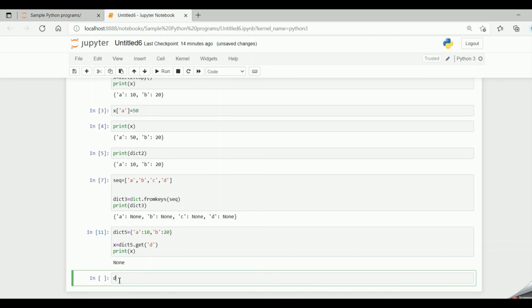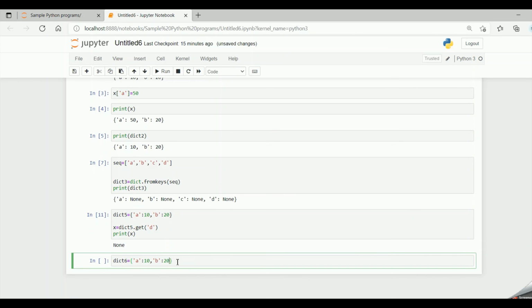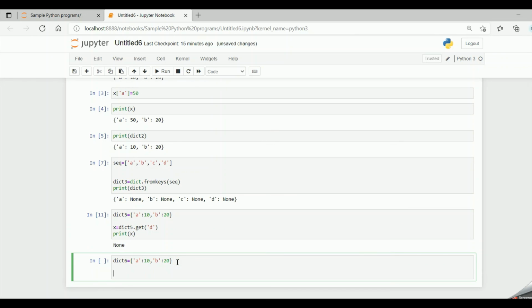So let me take dict6 equal to A colon 10 comma B colon 20. It is having two items and B is the latest inserted item in the dictionary.